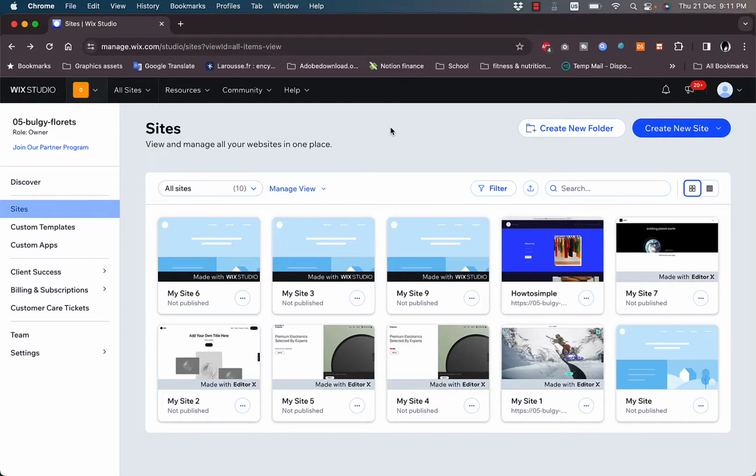And maybe you just want to collect emails to let people subscribe to your newsletter or to your digital service, or you have only one product and you want to sell. So you want to create a one-page website, that's called a landing page, and it's pretty easy to do so